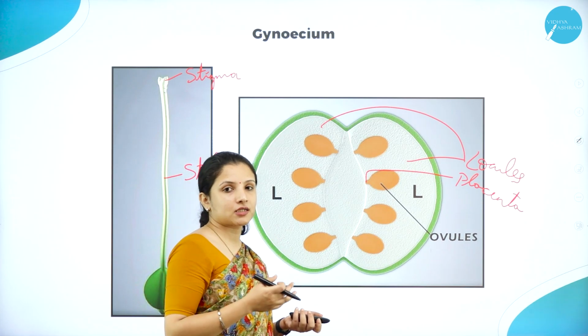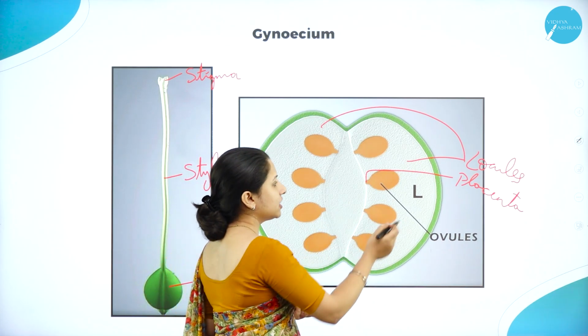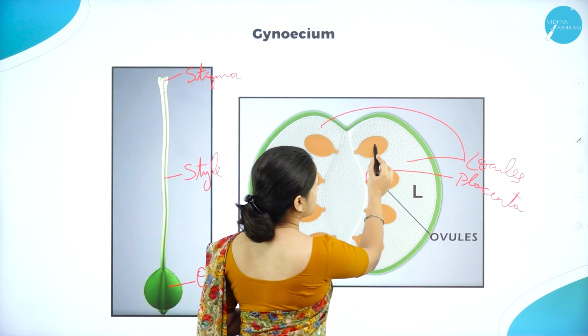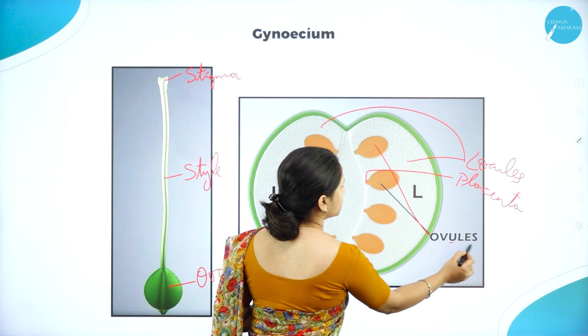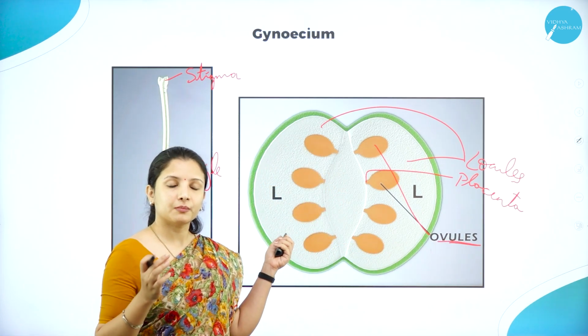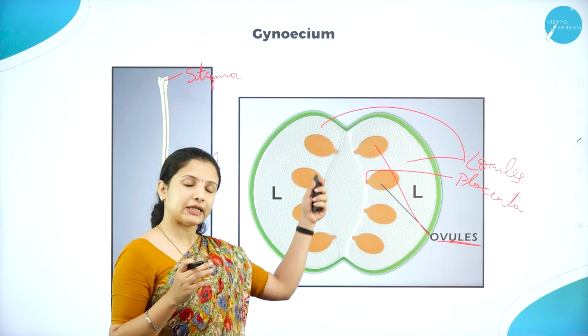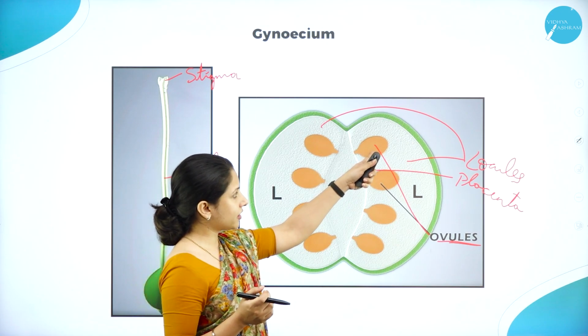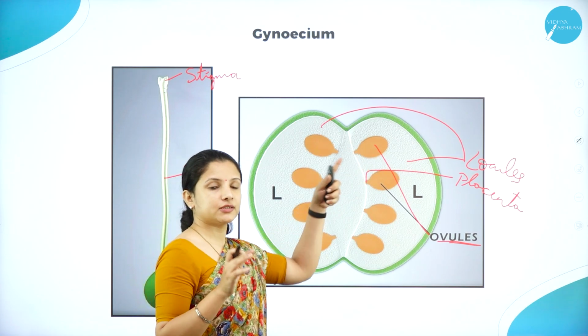The ovules are connected through a placenta, which helps in the derivation of nutrition. And these structures are nothing but the ovules. So these are the ovules. Ovules are very important because the main reproductive part lies in the ovule, that is, the pollen grain will actually enter into the ovule and deposit the gametes.